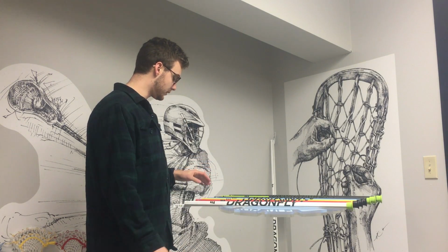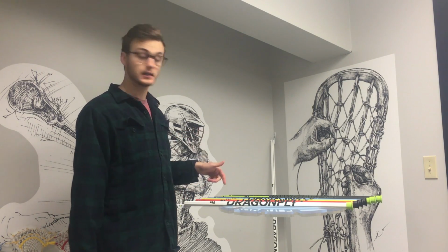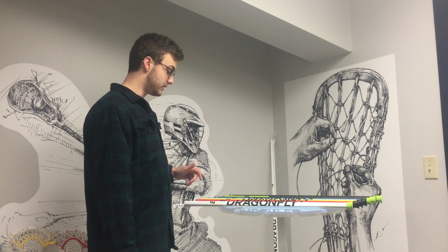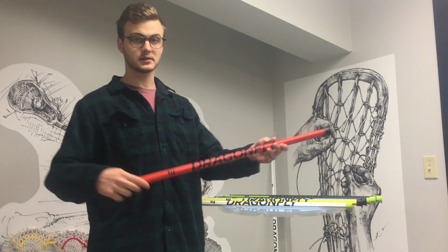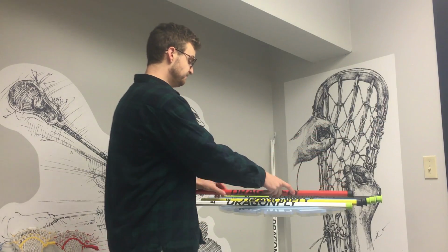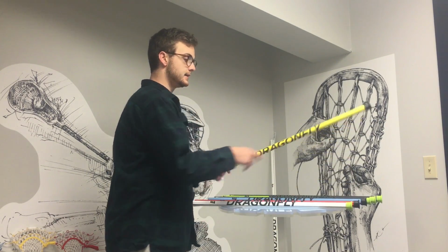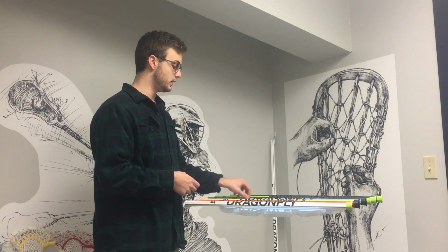We have a few of the Technicolors left. I think we have a few 9 flexes in the yellow, but then mostly everything else is a 5 flex. So that awesome red you guys have been seeing, as well as a yellow and a blue, and we are